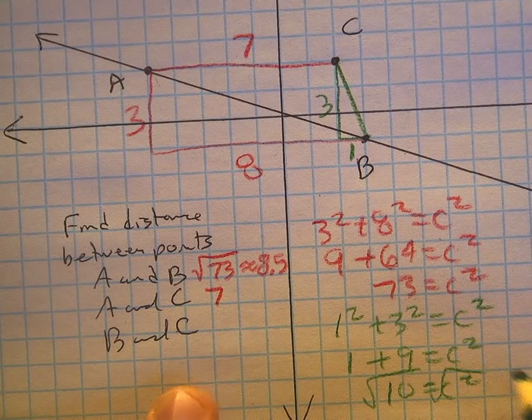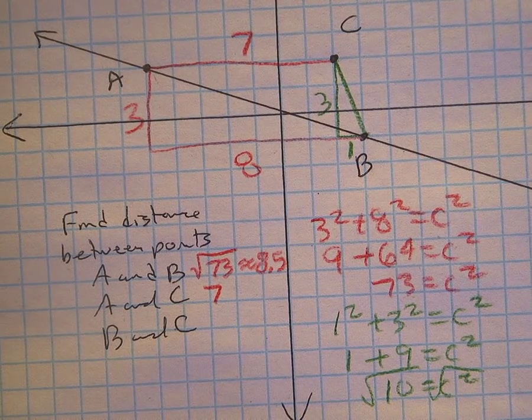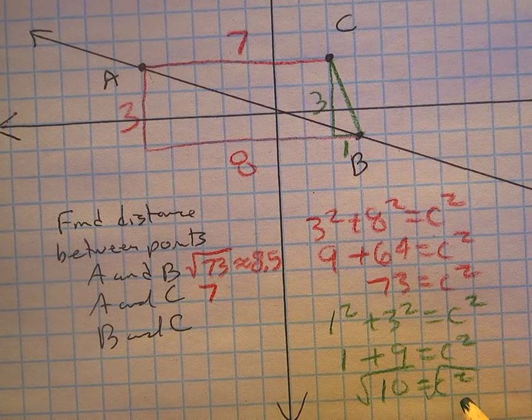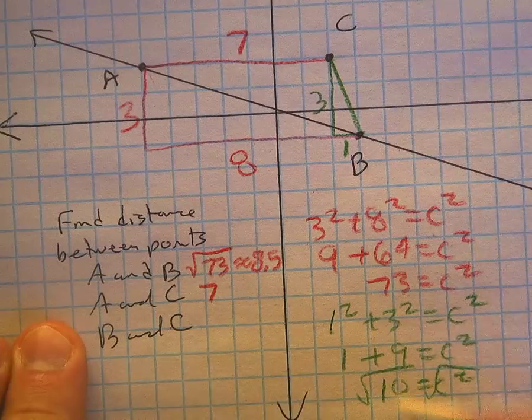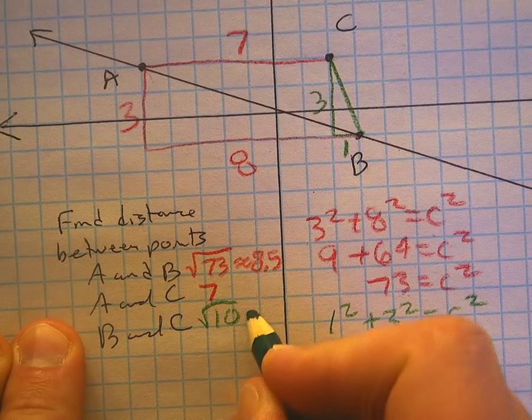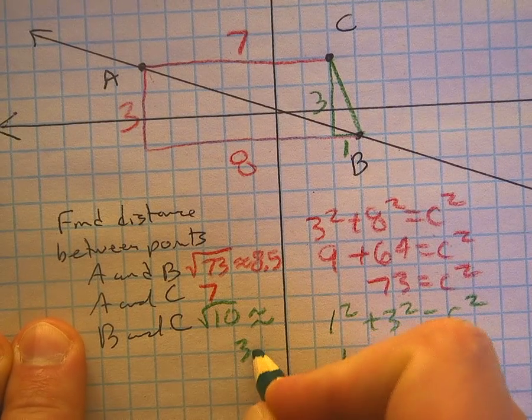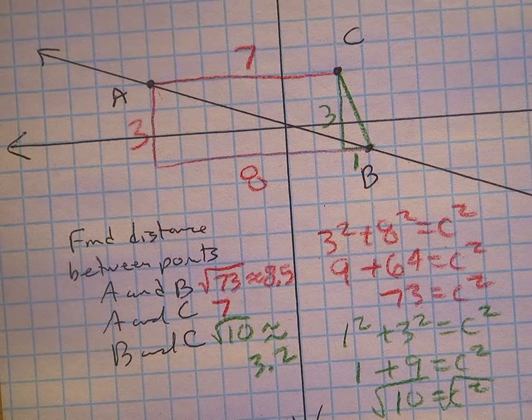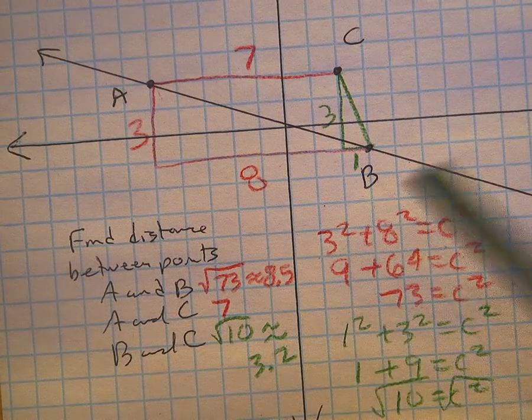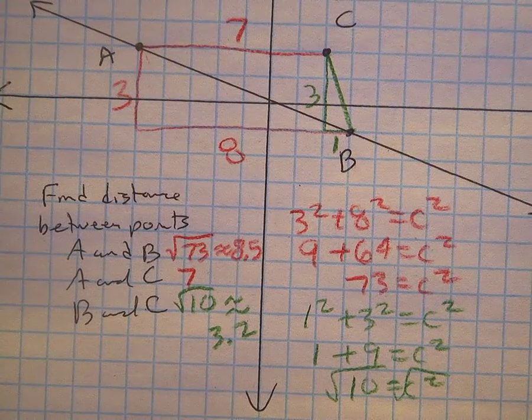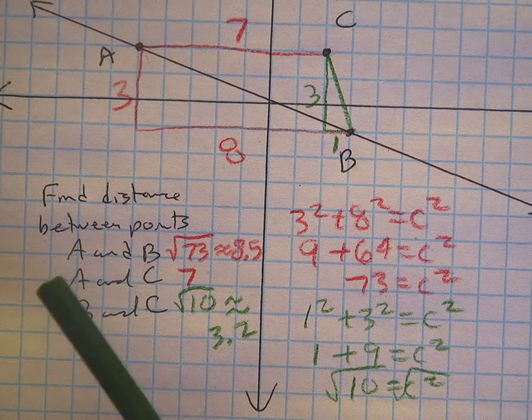Take the square root, and the square root of 10 is about 3.2 to the nearest tenth. So the answer is the square root of 10, or approximately 3.2. So I've done those first 3 distances, found the length between A and B, A and C, and